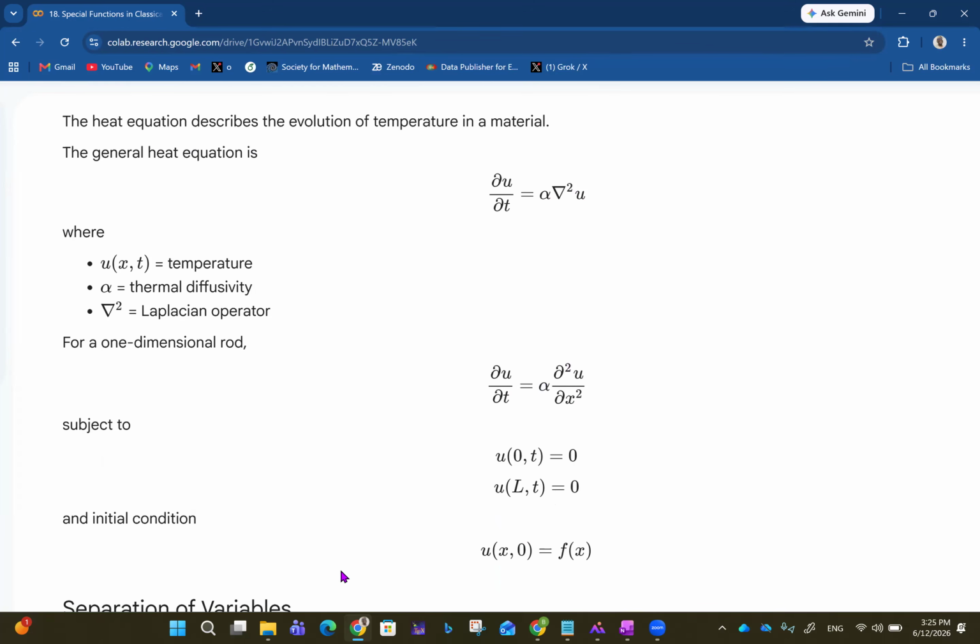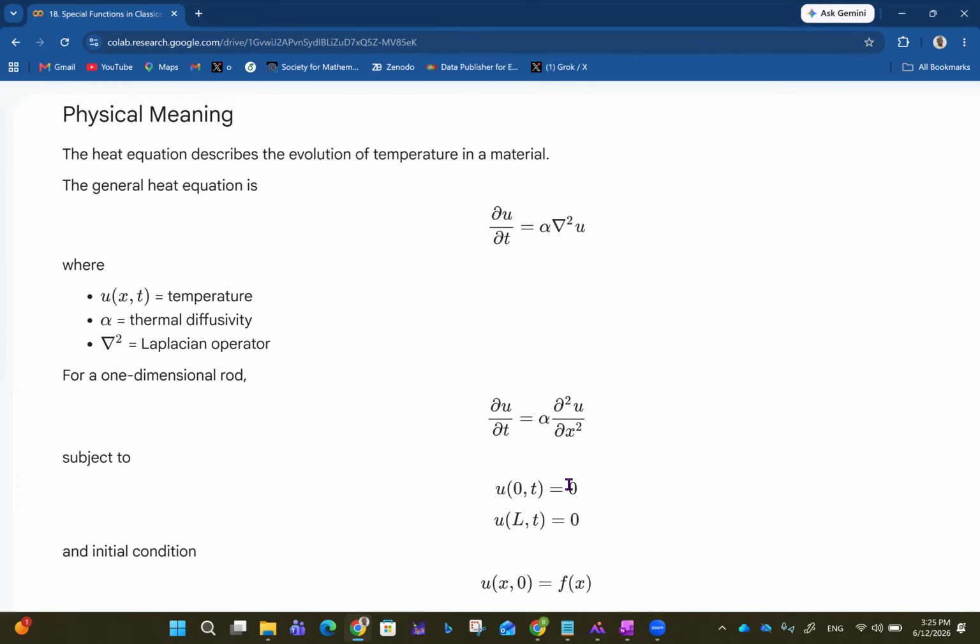And that is subject to two boundary conditions: u of 0 comma t is 0 and u of L comma t is 0. This tells you that the temperature at both ends is 0. So here when x is 0, that is where the heat is being applied, the temperature at that point is 0. Then at the other end of the rod,